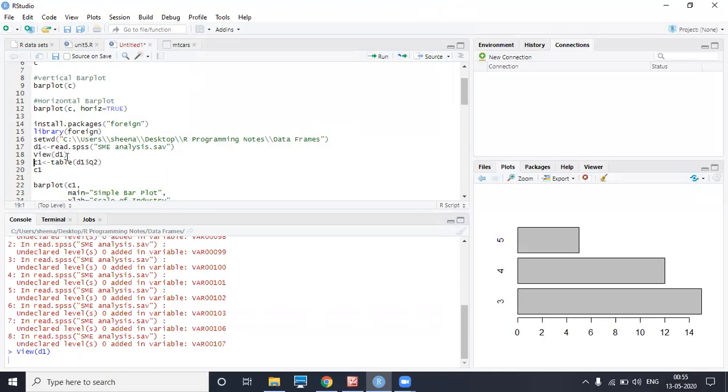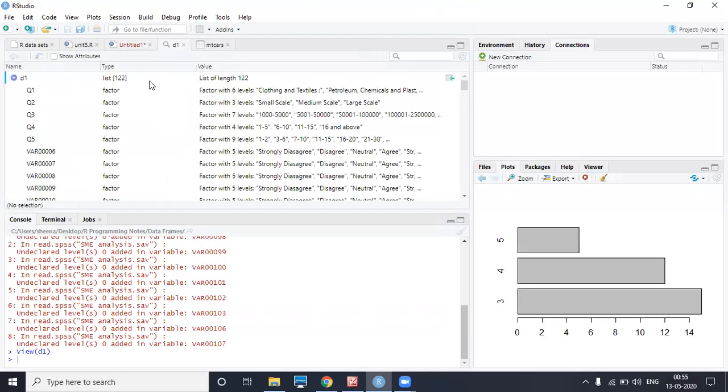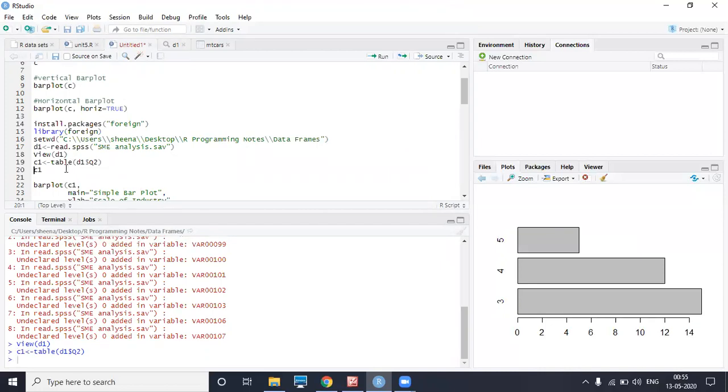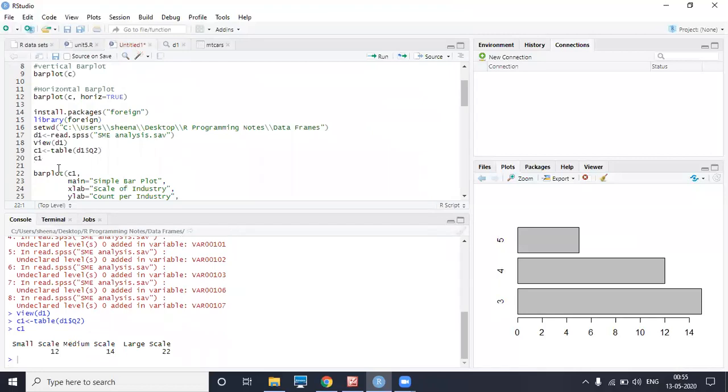After viewing the SPSS file, I can see there are various variables given. After viewing the data from this SPSS file, we will take question number 2. Here we will see question number 2.